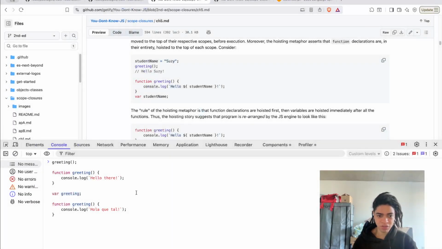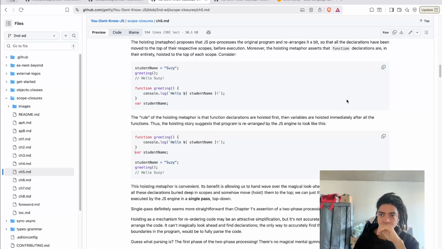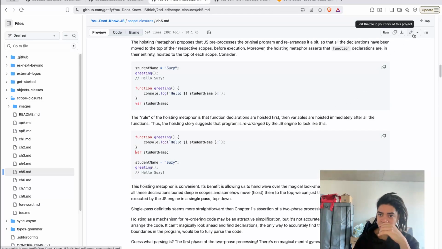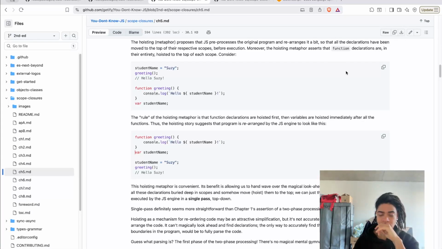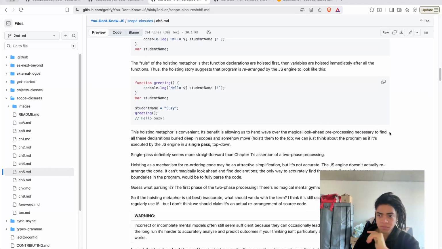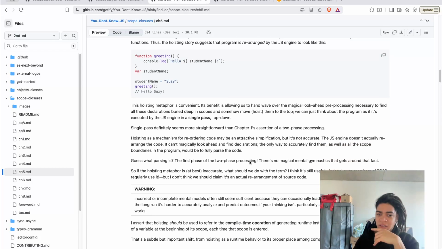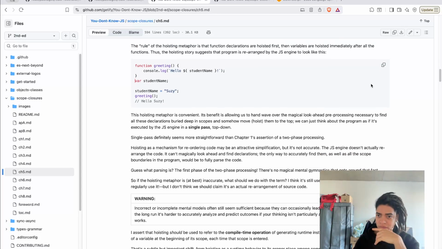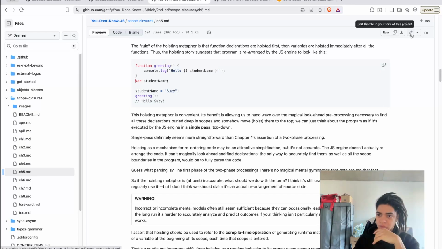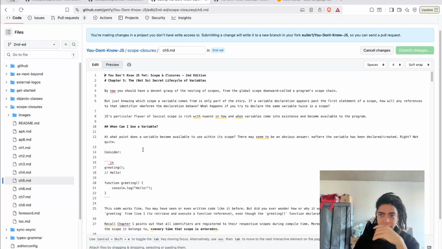So a good analogy of this would be like that. Again, this is because of how this behaves in the dev console.